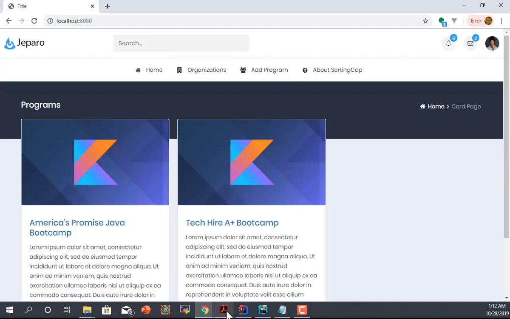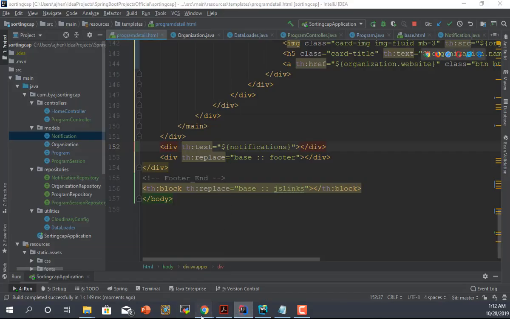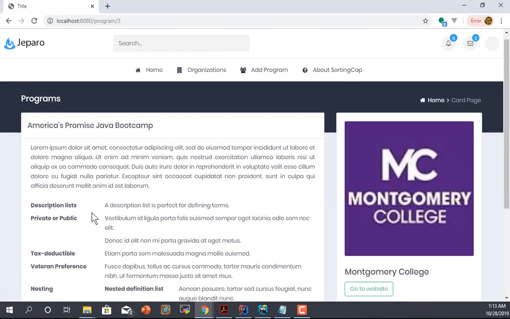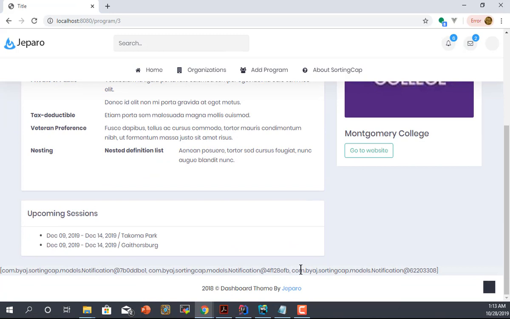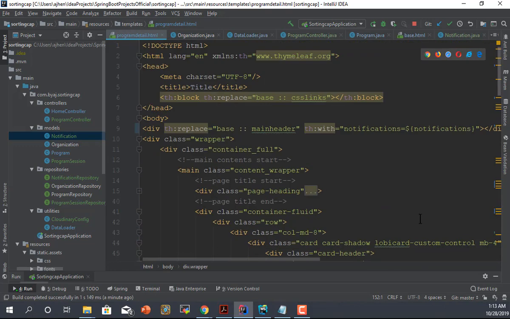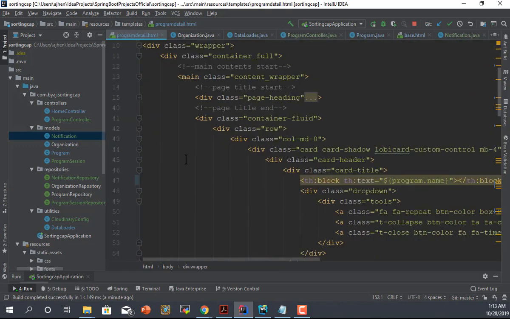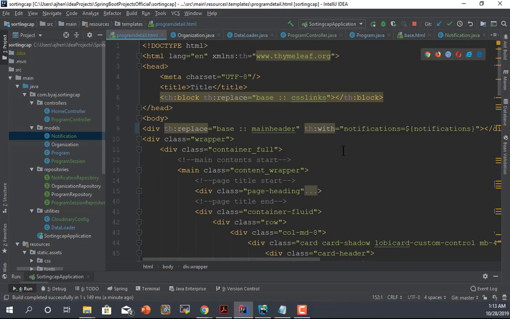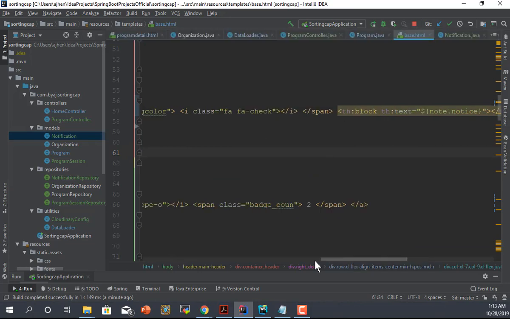It is not passing. What page am I on? I'm on the program detail page. Okay, so the notifications are there. All right, so that worked. Notifications equals ${notifications}. So if this works, we should be able to go to the base page